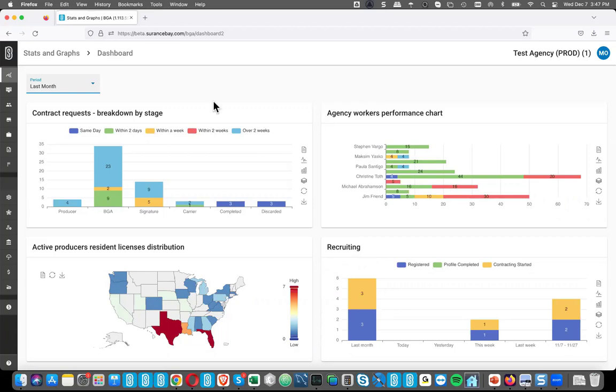The promise of this is that once we know what those metrics are, these are going to be drillable. So for instance, if I want to click in to see these 23 records, I'd be able to click here and it would actually take me into a view that lists those 23 records. But we didn't build that out yet because we don't know the metrics. So once we know them, this will continue to improve.